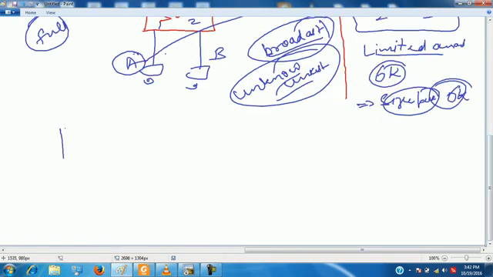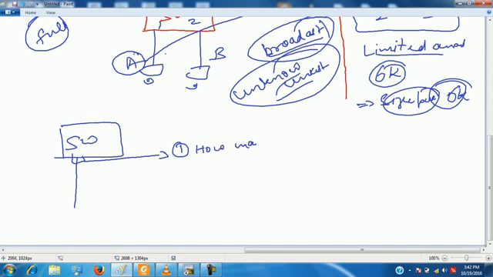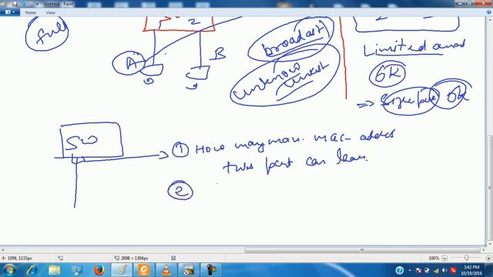So let's say this is my switch. First thing, how many maximum MAC addresses this port can learn. Second, which are those.